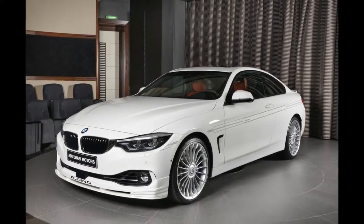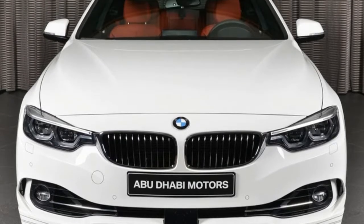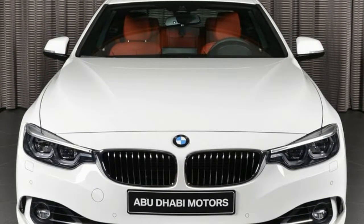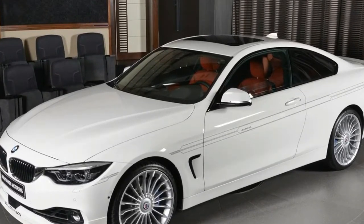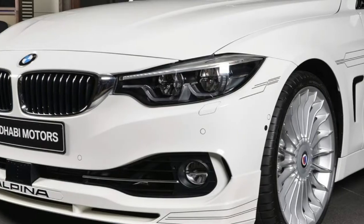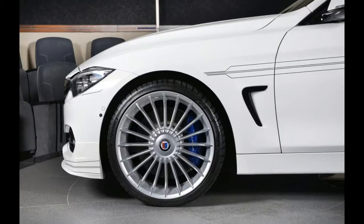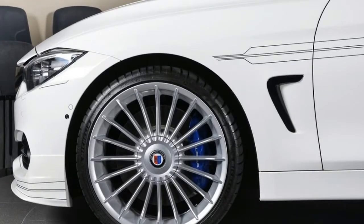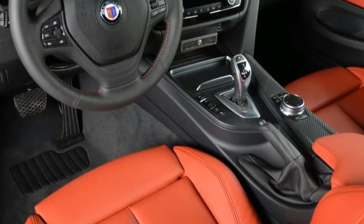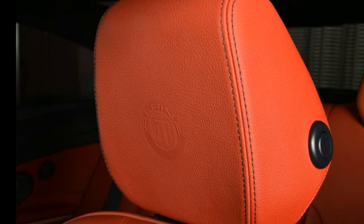As awesome as the BMW M4 is, if you're craving exclusivity, opting for an Alpina-tuned 4 Series should help you stand out more among the crowd. The best part is that you wouldn't be sacrificing any performance, as the bi-turbo puts out 9 PS, 9 horsepower, and 56 Nm, 41 pound-feet, more than the stock M4, for a total of 440 PS, 434 horsepower, and